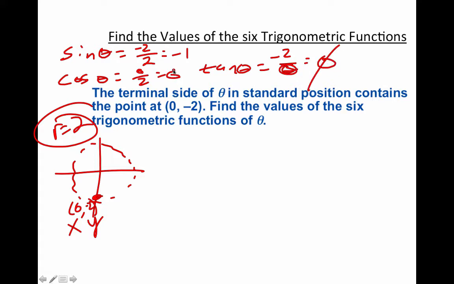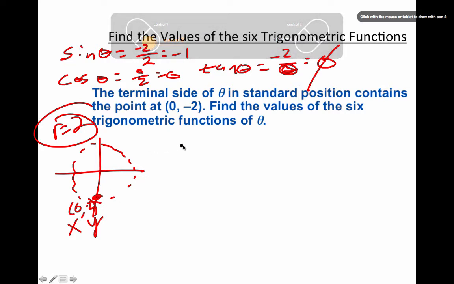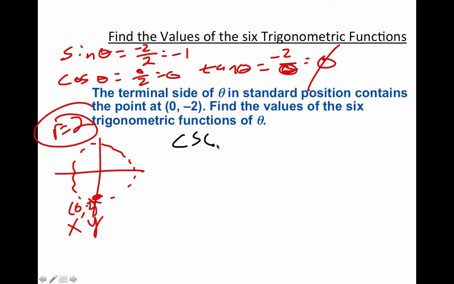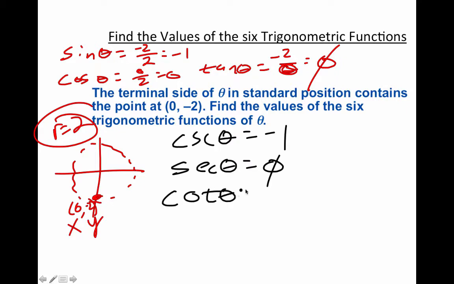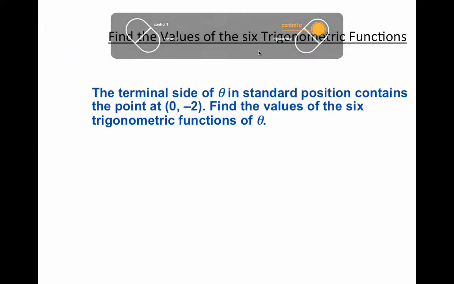And when we flip these things over, we'll get the other three. Cosecant flips over the sine. Flip over -1, you get -1. Secant flips over the cosine. Flip over 0, you get undefined, 2 over 0. Flip over the tangent, and you get 0. You flip over undefined, and you're going to get 0 over -2. Okay, so that's using the coordinates, but I find that people don't really like that much because it's like a